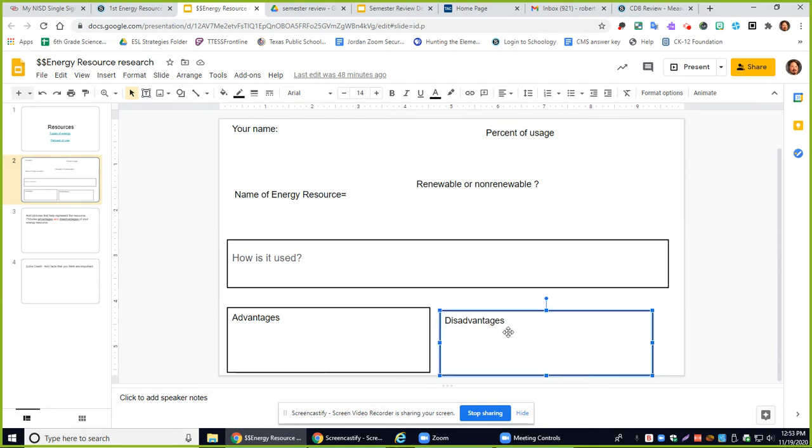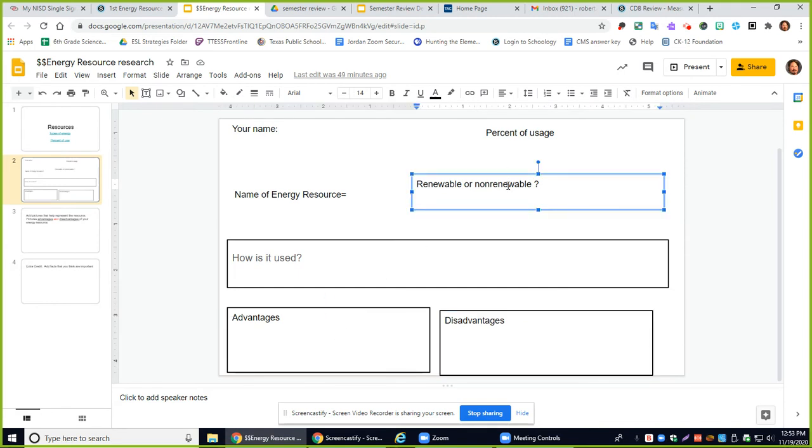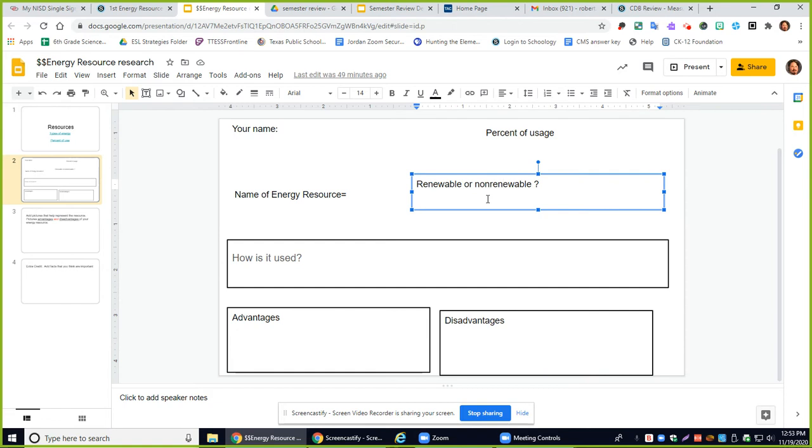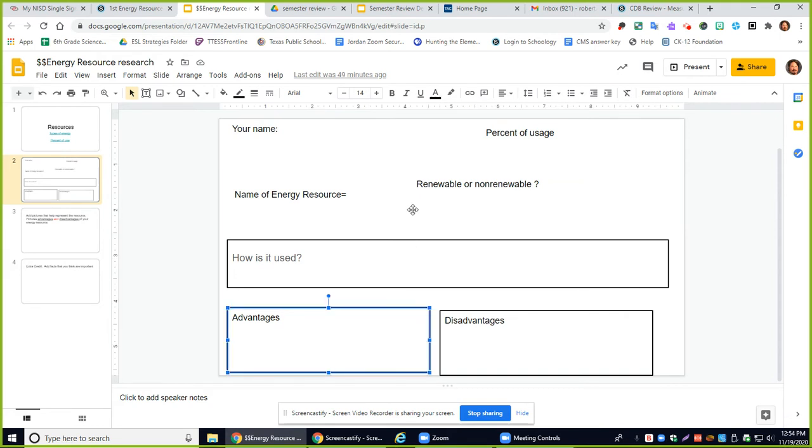Then tell me some advantages and disadvantages. What will not get you any points on this is telling me renewable or non-renewable. I had a student do that first period, and he said he was done with this project because he told me an advantage and disadvantage, which was basically, well, it's renewable or non-renewable. That took him a whole 30 seconds. So I'd like to see a little bit more thought in this. Do not tell me renewable or non-renewable as an advantage or disadvantage. Go and find some of the good things about it and some of the bad things about it, other than